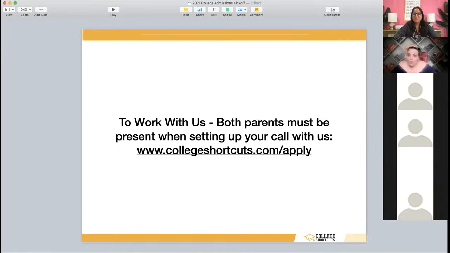But he's always wanted to go to a good school, but he doesn't want to do extra work. And I think that's what I like about your approach. It's interesting because the name of your company is College Shortcuts. Right. And I think that's the way I was able to convince him. He wants to go to a good school, he wants to have a successful career, but he doesn't want to work extra hard. And so now he feels really strategic. He knows what he's picking and why.